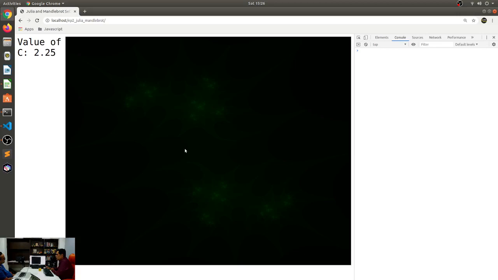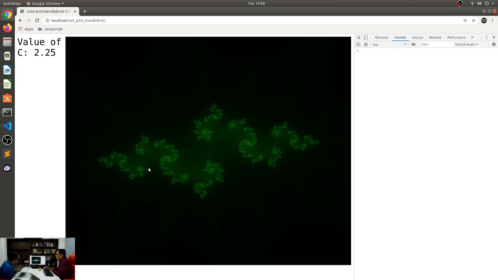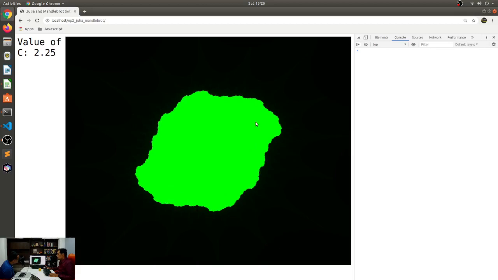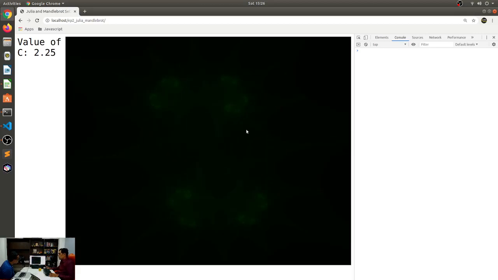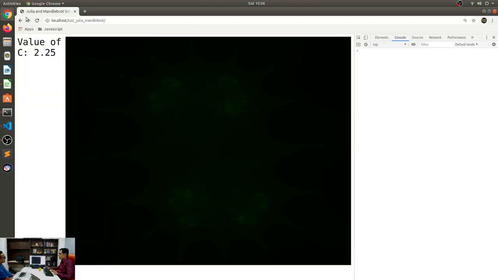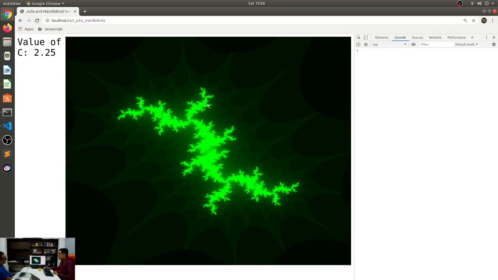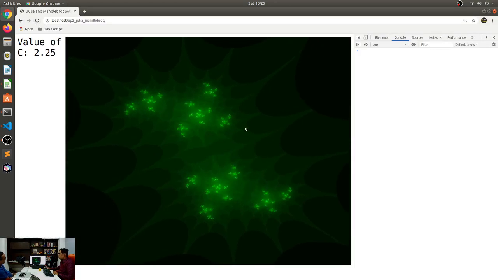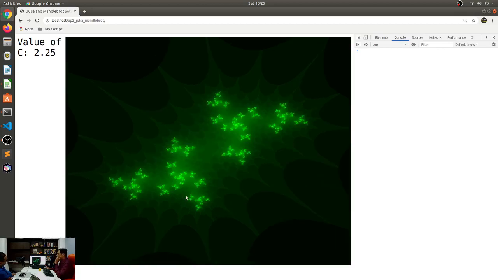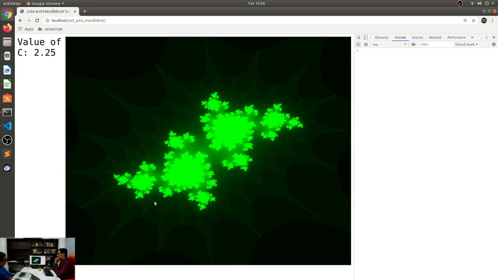Alright, and you can see the computer struggling to compute that. That's because there are so many pixels that need to be determined, and so many things it needs to do before it evaluates that. One thing that can help is reducing the number of iterations. I've now reduced the iterations. Oh, nice. Wow, it actually seems to show more. That's because we break out too early. But yes, the patterns are more clearly visible when you do this.